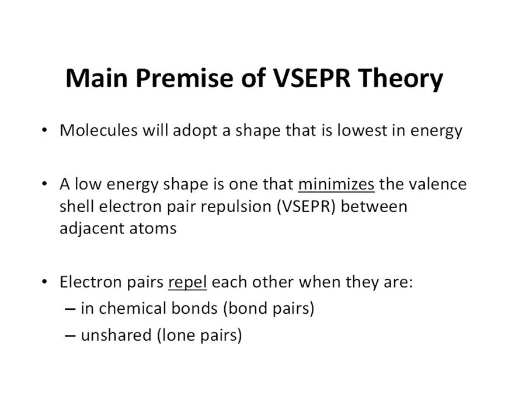So what are some main key components of VSEPR theory? When we look at molecules, they want to be as stable as possible. So whatever shape they take on is going to be the lowest in energy, the most stable. What this means in terms of the electrons is that any shape that's low in energy is one that's going to try and minimize that repulsion. So for those electrons in those valence orbitals, we want their energy to be minimized as much as possible. That means they're going to be spread out as far as possible,